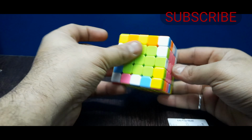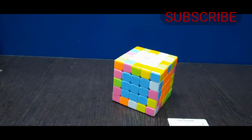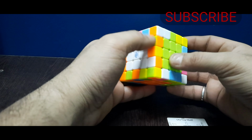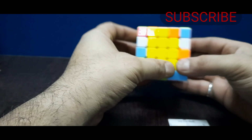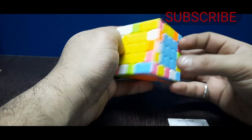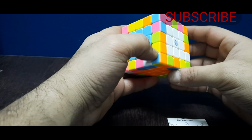There you go, I have all the centers now. Now we need to make sides, so this is pretty easy, it's easily doable. I'll show you one and then I'll just skip to the rest. Okay, so which one I'll do,